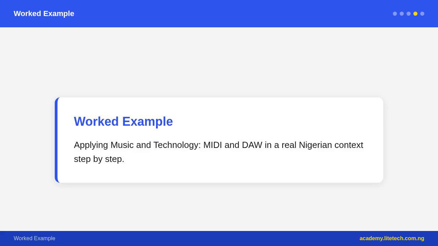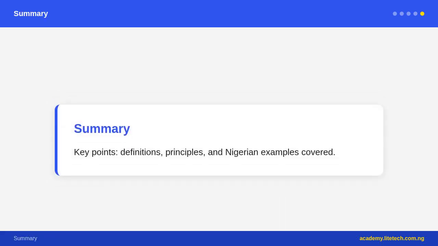Home studios, small recording setups built in spare rooms using a computer, audio interface, microphone, headphones, and DAW software, have democratized music production in Nigeria. Many successful Afrobeats tracks have been produced in home studios with modest equipment. The most important ingredient is creative skill and knowledge of music and music technology, not expensive equipment. For young Nigerians interested in music production, Krita and Audacity are free tools for beginners. FL Studio and Logic Pro are the next step, and understanding MIDI, sampling, synthesis, and effects processing provides the technical foundation for a music production career.